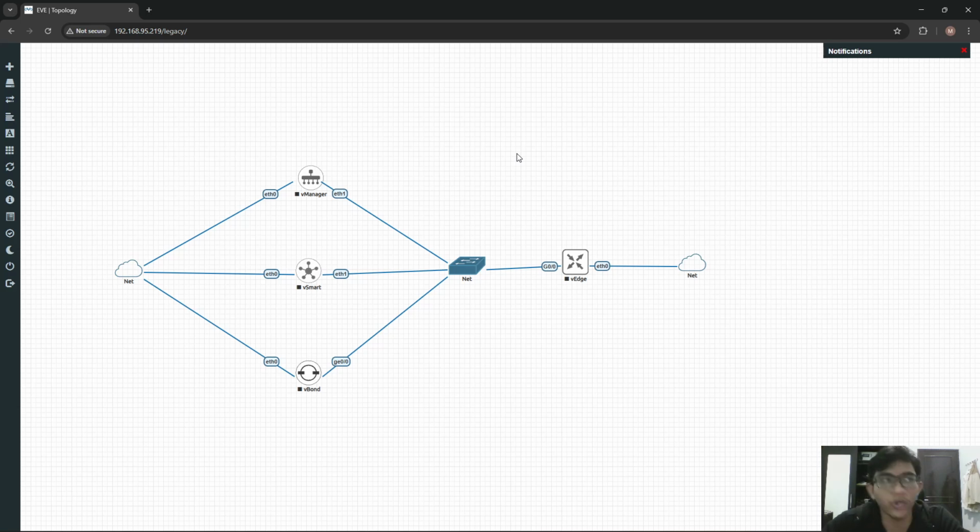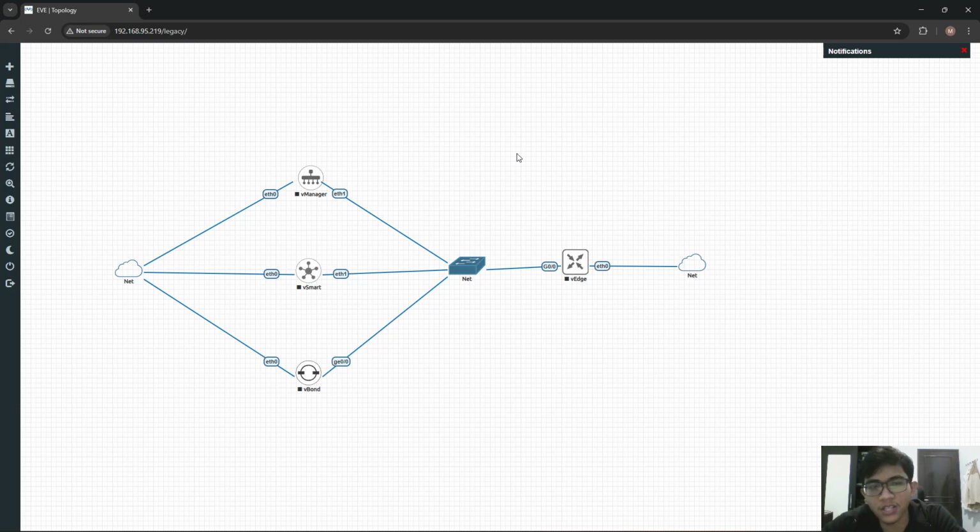So in this modern era, some companies or big enterprise industries use SD-WAN to connect each branch.